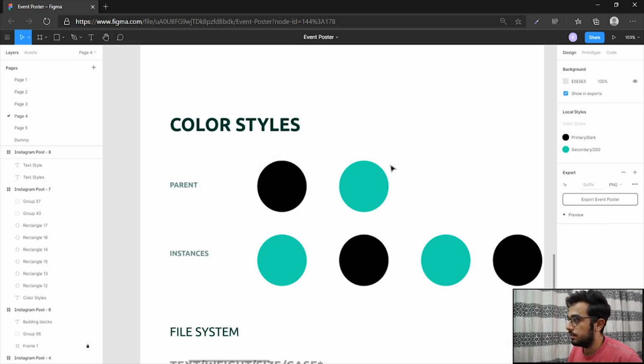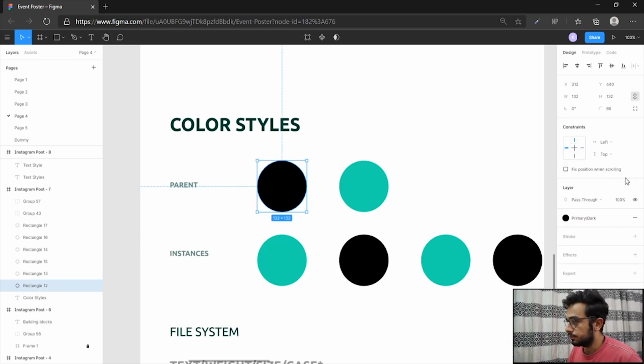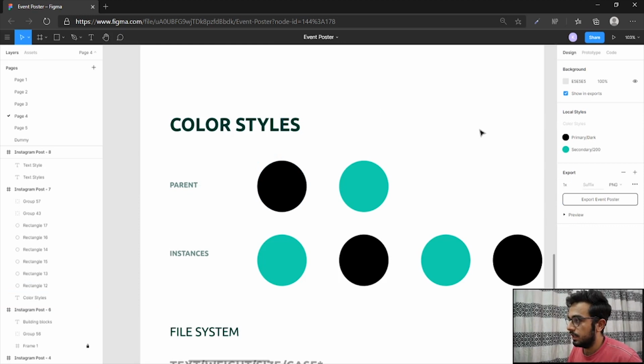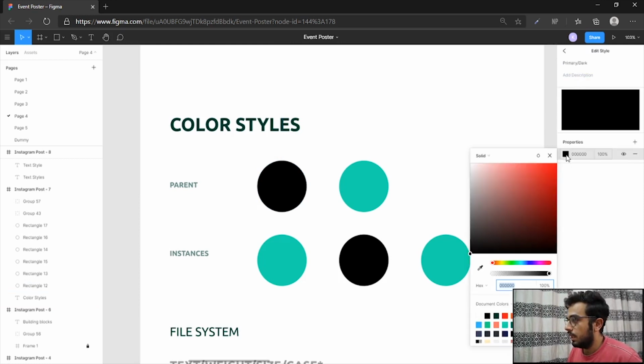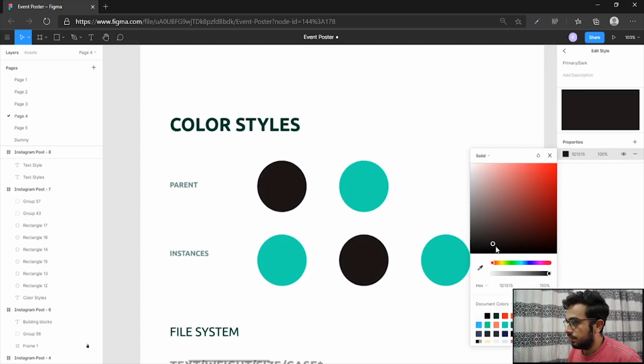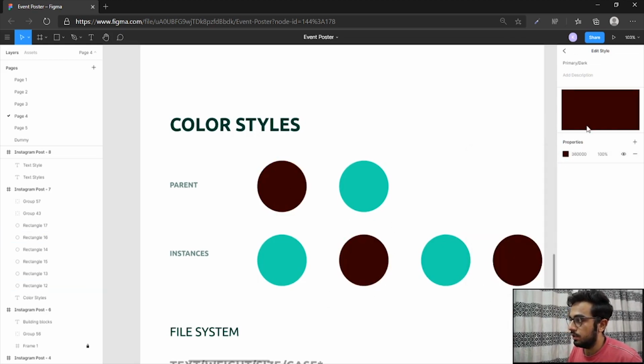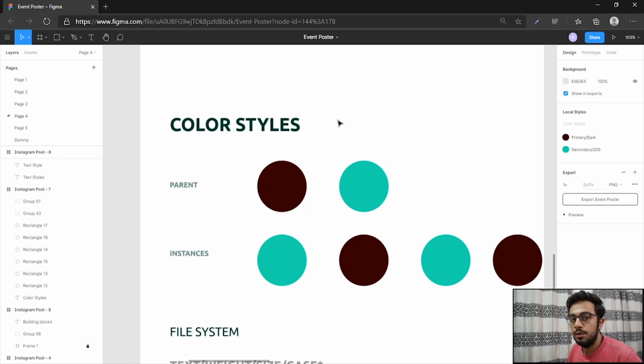So now how it helps is that if I go on to this color, or if I click anywhere outside an object, I would see my primary colors there or all my colors there. So if I want to edit my color, say I don't like the black color anymore, I want to change it to a shade of red, light red. So what it would do is wherever I have used this color, it would change all the instances of it to the new color. So this is how you should define color styles, and this will also help you in defining text styles and components later on.